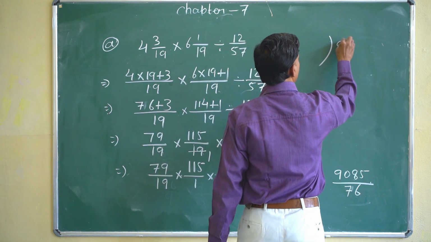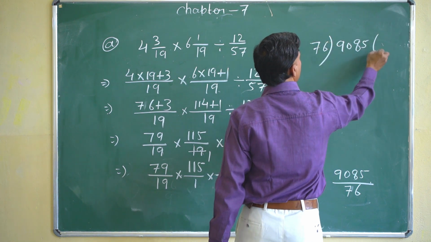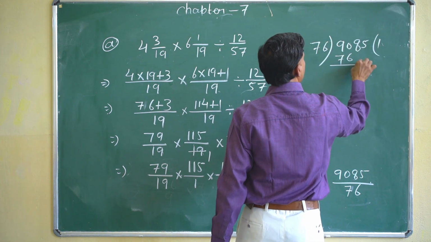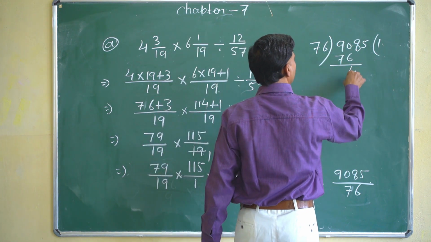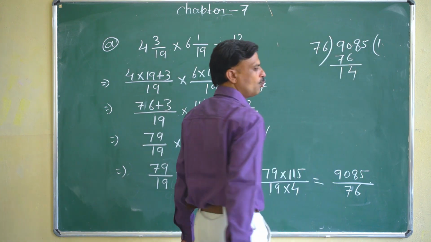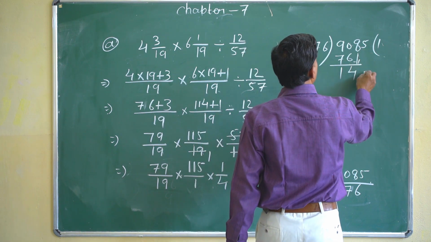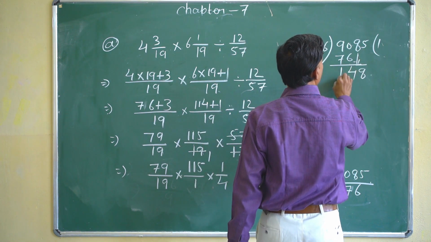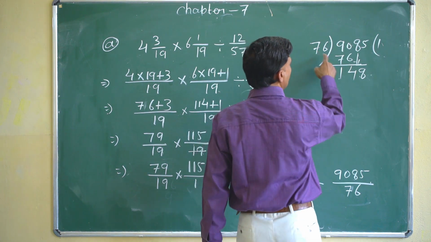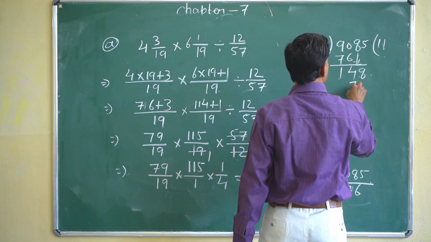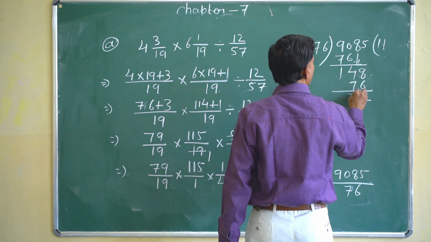So you have to divide 9085 by 76. So it will be divisible 1 time 76. So how many? 10 minus 4, that is 10 minus 6 is 4, and it will be 8 minus 7, that is 1. Right? Now we'll copy down here 8. So we are getting 148. 148 is also divisible 1 time, because 2 times it will be more. So 76. So what will we get? 8 minus 6, that is 2. Then it is 14 minus 7.